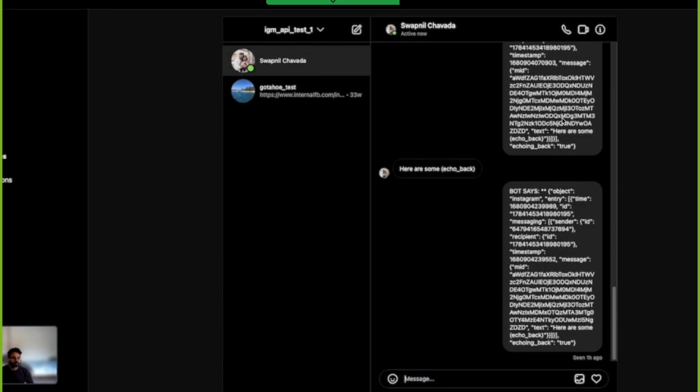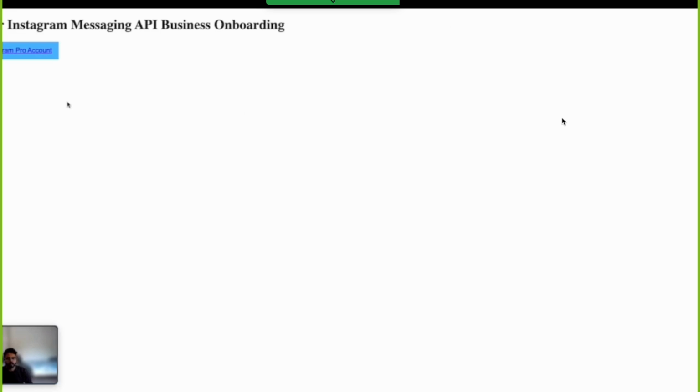Cool. So this is one of my test accounts. It has 2 threads. I'll be using this as an example to onboard onto the Instagram messaging APIs. Here, there's a button which will trigger the business login for Instagram. If you look over it, and we'll dive into the code a bit later, you'll see that it actually invokes Facebook login behind the scenes with a few specific parameters that lead it into the specific part of the Instagram business login.